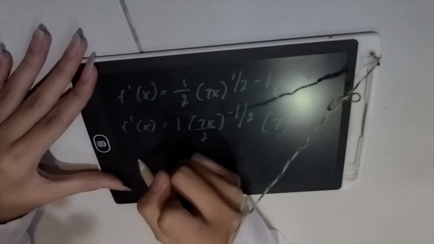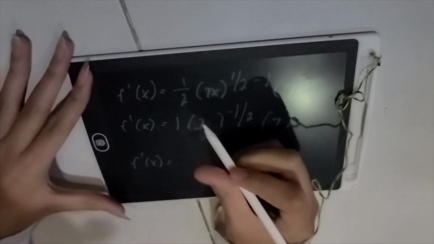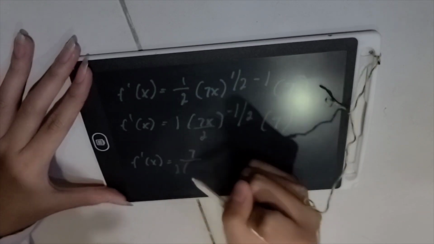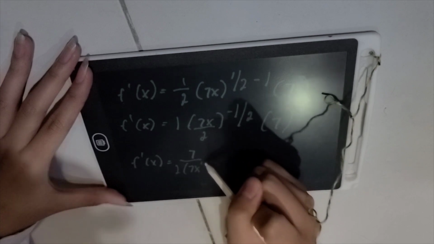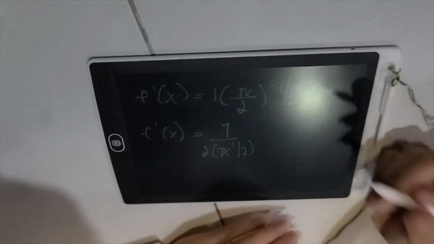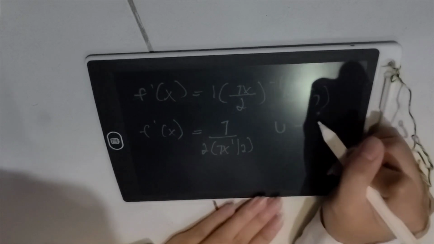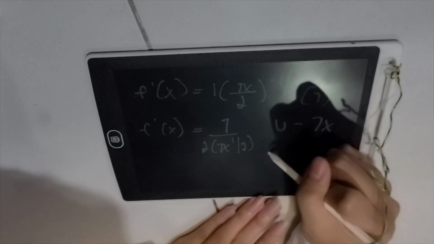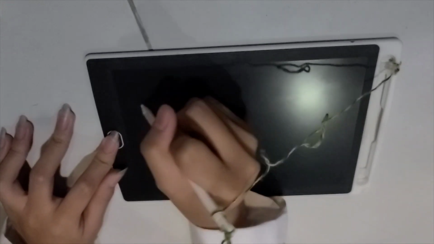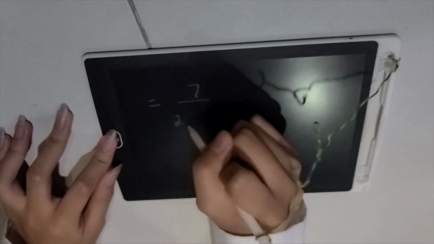Then f of x is 7 over 2 times 7x raised to 1/2. So, identify muna natin yung u. So, u natin is 7x. Then, du natin is square root of